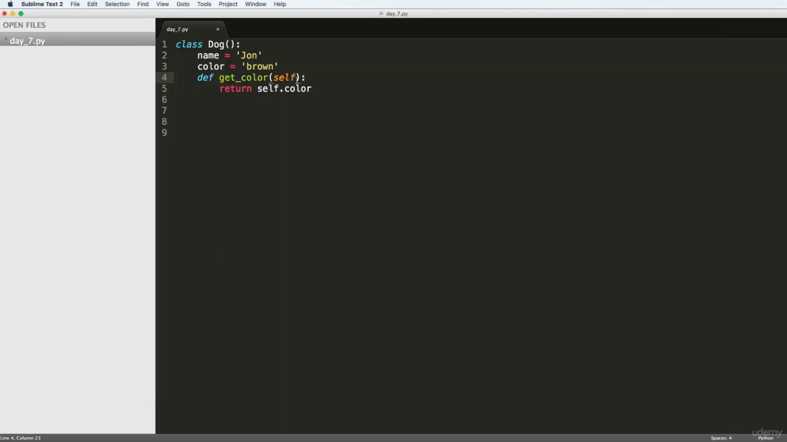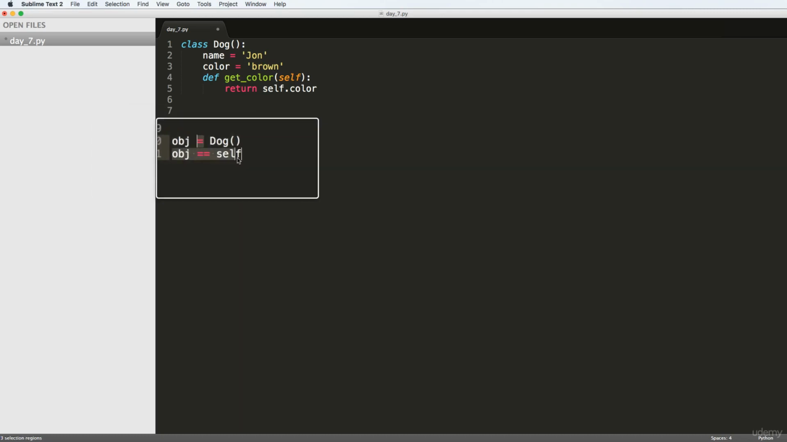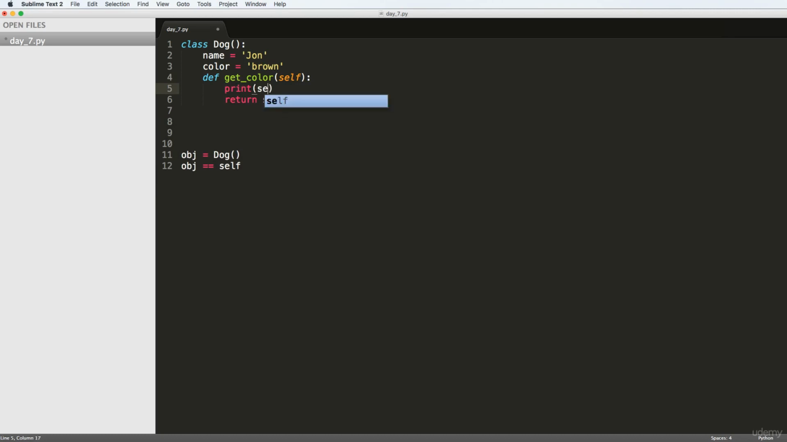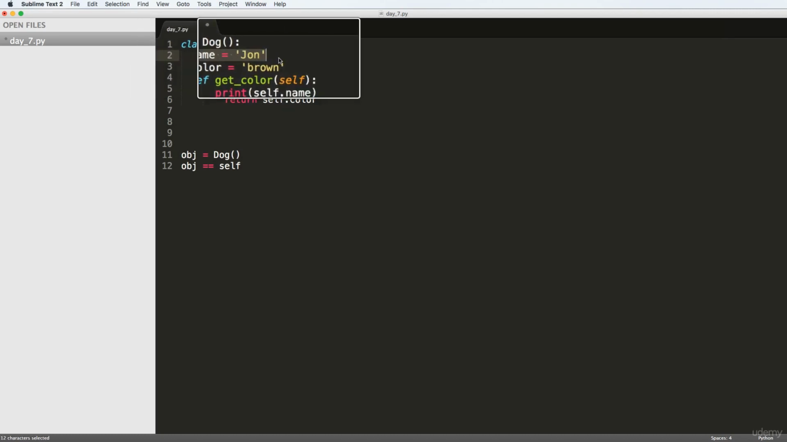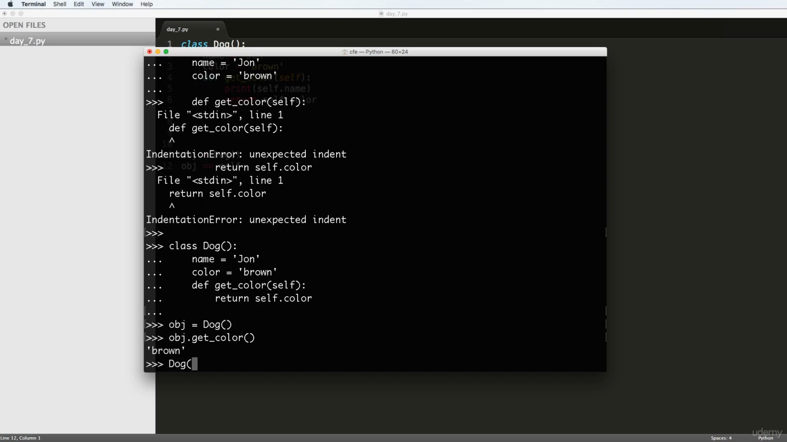So let's look at this another way. I said obj equals dog. So obj is now equal to self. So this is true, right? So if I also in here said print out self.name, it would have printed whatever this value is right here. So self in this instance, or with dogs, is working off of whatever the object or instance of that class is, right? So if I just did dog.get